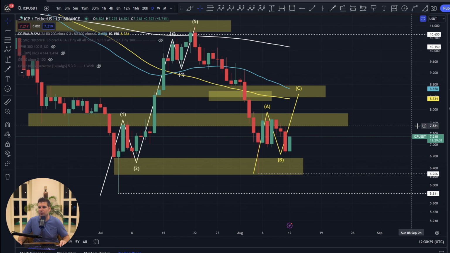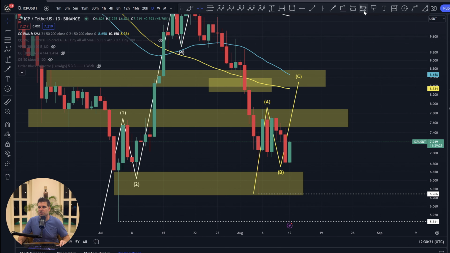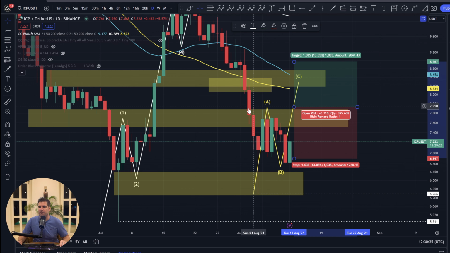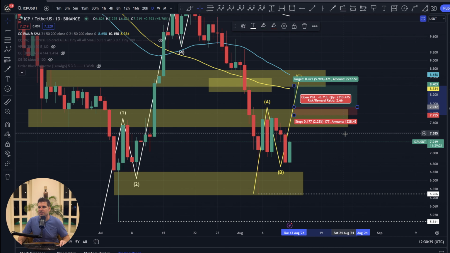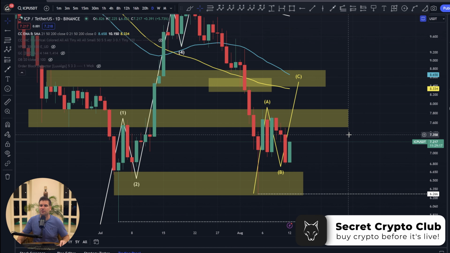So how would I be looking to trade this? Well, the trade opportunity here is going to be a long position on any closed positions above that range with a tight stop loss targeting out the previous resistance. That's going to give you a risk reward ratio of around about 2.6, which is exactly kind of what you want. Basically, you're going to get $2.60 for every $1 of risk that you put into the market.